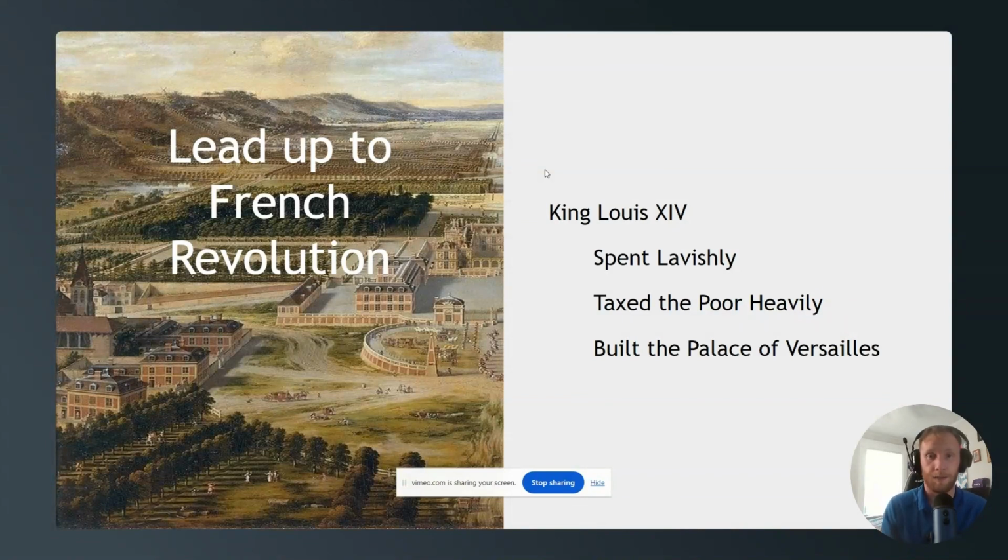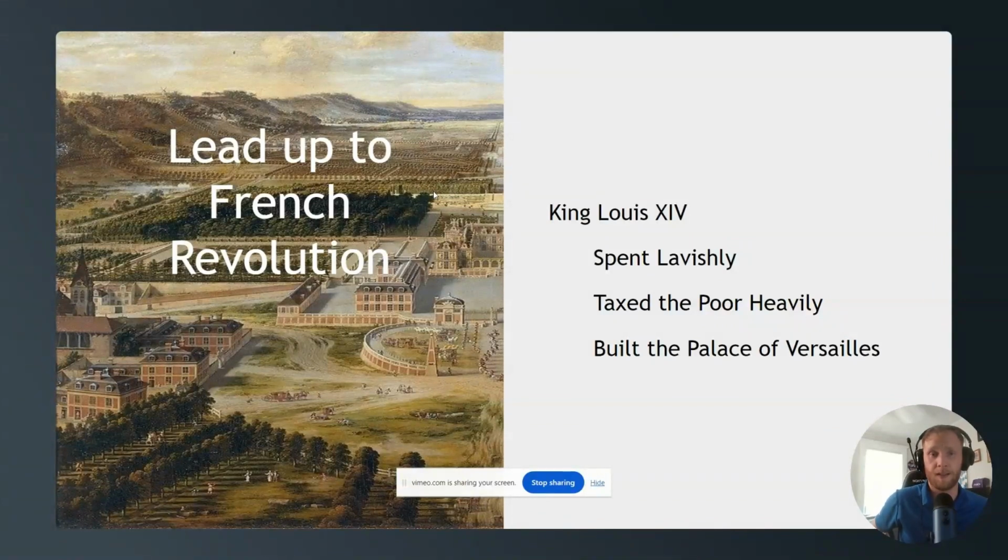What was so expensive and lavish about the Palace of Versailles was not necessarily the building itself, but look at all these gardens around it. I'm pointing with my finger, but you can probably see with the mouse better. That was very expensive to upkeep, so that is where most of the money went. And the food, the parties, and all of the lavish lifestyle was just getting very expensive.